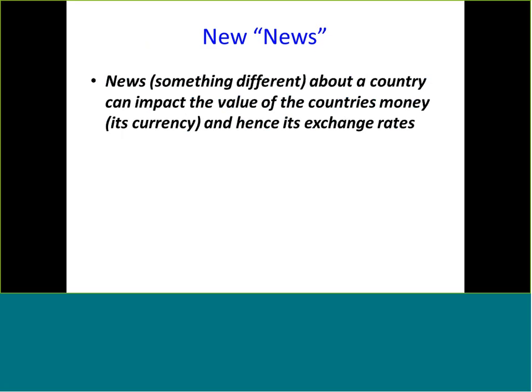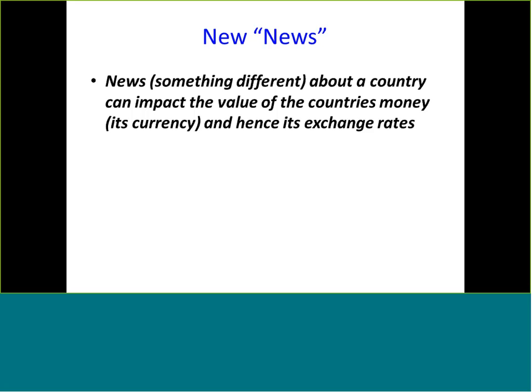So, for example, in the case of the UK, you have the pound. So you have the pound-dollar pair. So if news came out really negative for the pound, it would cause the pound to go down versus the dollar. It would cause the pound to go down versus the euro, versus the Swiss, versus the Aussie, versus New Zealand, versus yen. So news about a country, especially economic news, can have an impact on the value of that country's currency, and hence all of the exchange rates of that country's currency versus other countries' currencies, they all change because of that news.